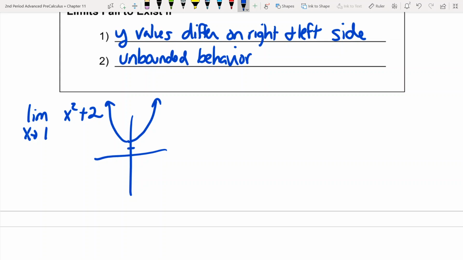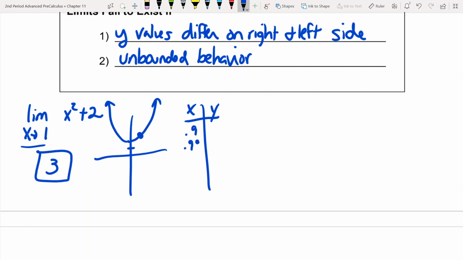But what I want to know is what happens as I get really, really close to 1? What y value do I get really, really close to here? And the answer is I get really, really close to 3. If I were to plug in a 0.9, 0.99, 0.999, so if I were to do, say, an XY chart here of 0.9, 0.99, 0.999, and 1, 1.001,